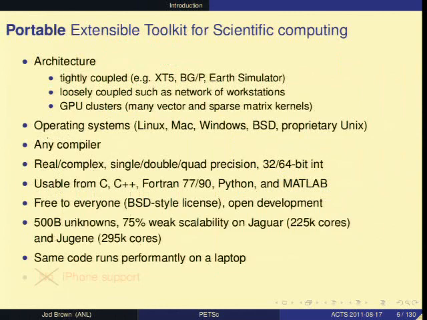So first, in the name at least, we're portable, so we run everywhere from laptops to very big machines, any operating system, any compiler. We do support quad precision now. That may be just in PETSc dev, but since the GCC folks have implemented quad precision, that actually works.